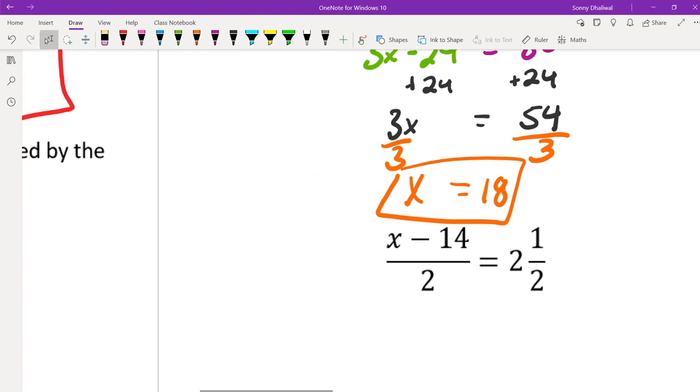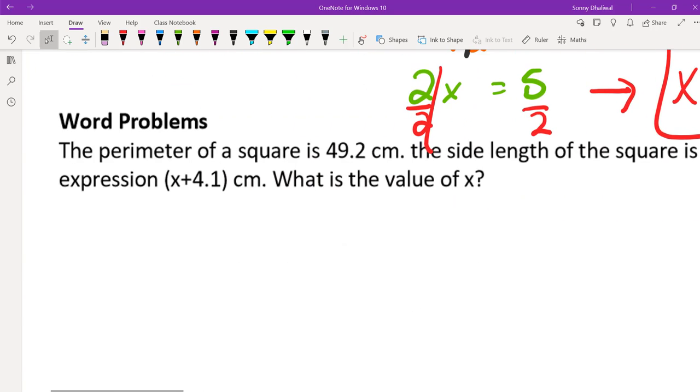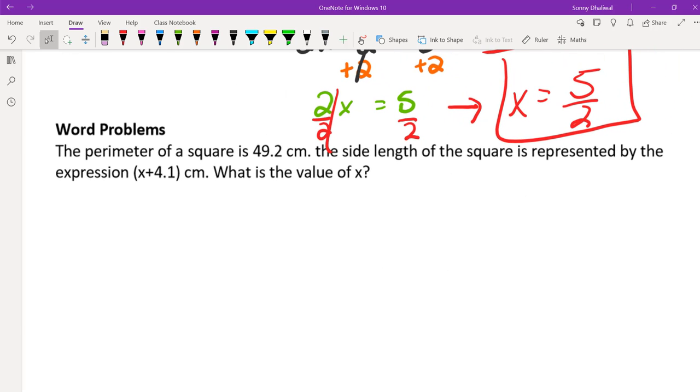Okay. Let's just do the 2 word problems. Okay. So the first word problem